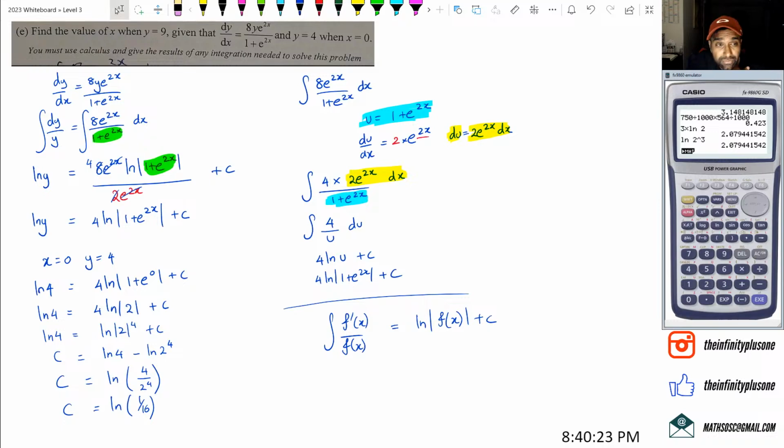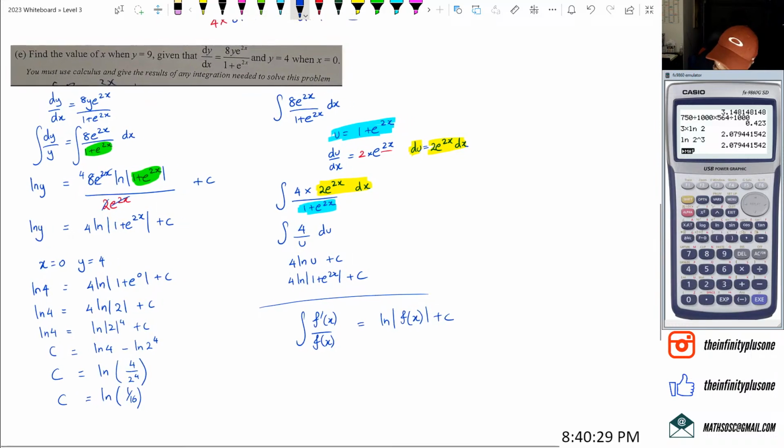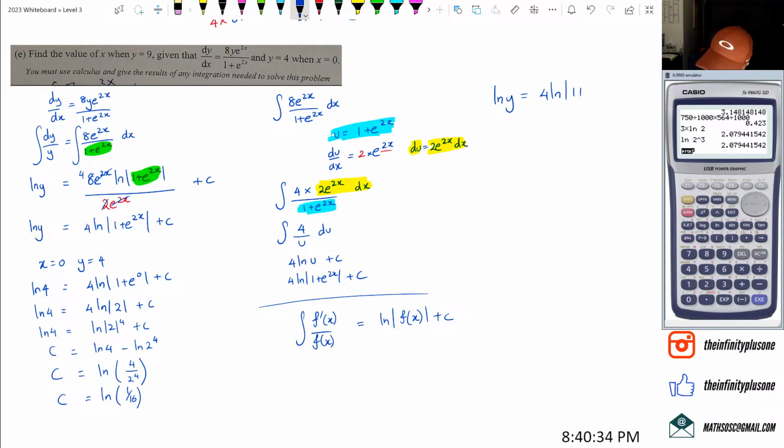Now the question is asking: find the value of x when y is equal to 9. So my equation is ln of y equals 4 ln of (1 plus e to the power of 2x) plus ln of 1 over 16. So ln of 9 is equal to 4 ln of (1 plus e to the power of 2x) plus ln of 1 over 16. If I rearrange this, I'm going to get ln of 9 minus ln of 1 over 16